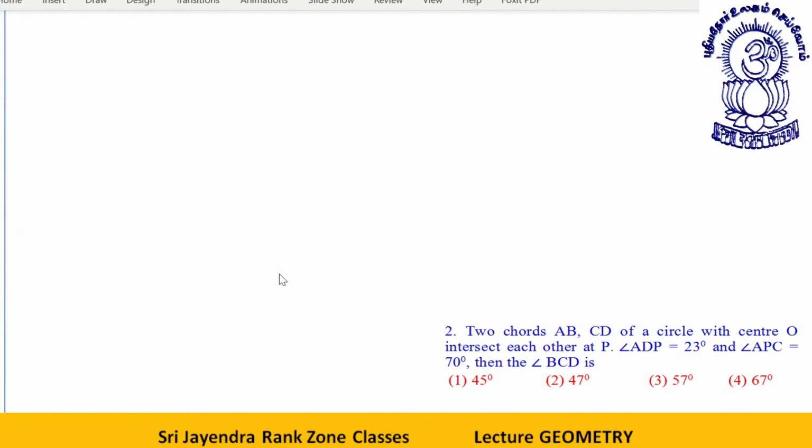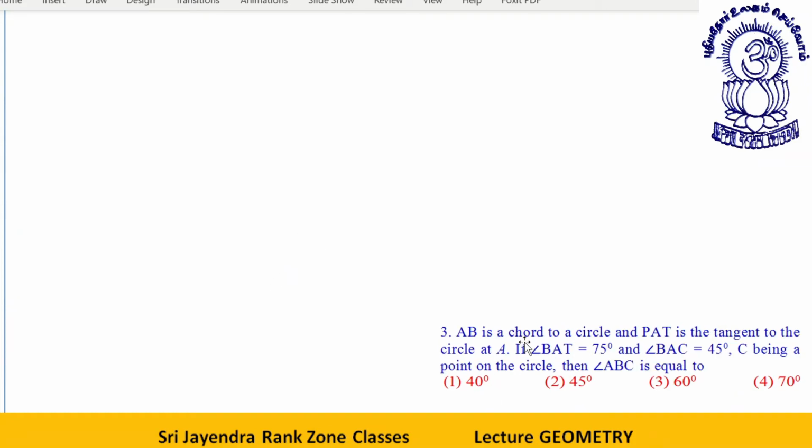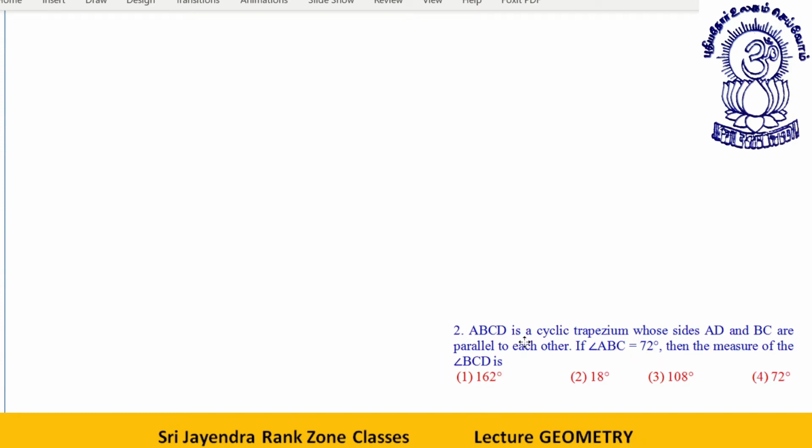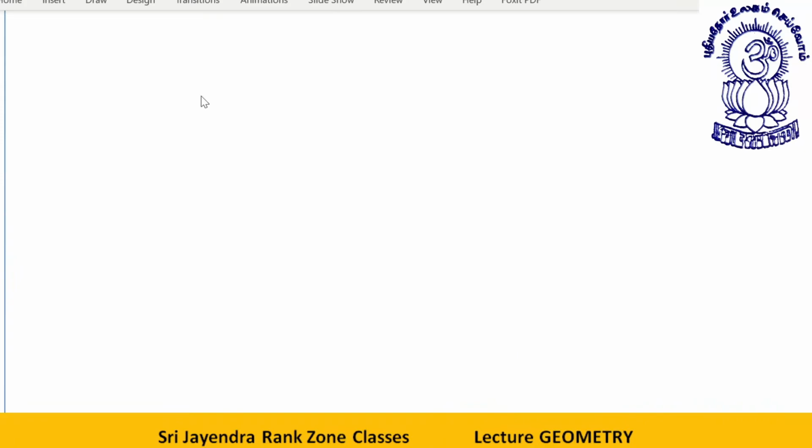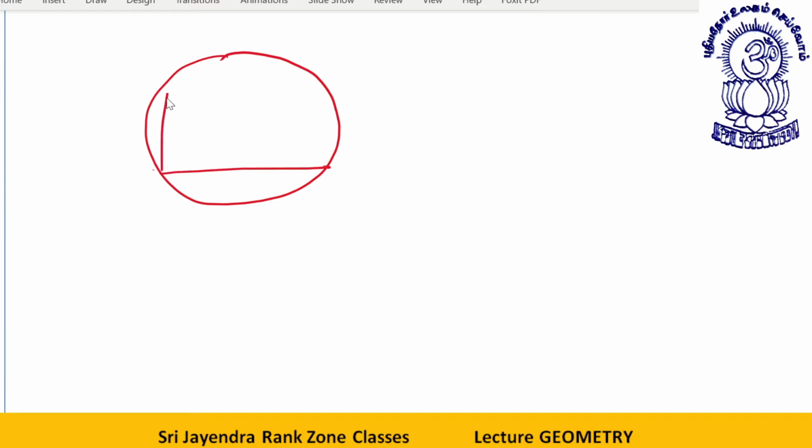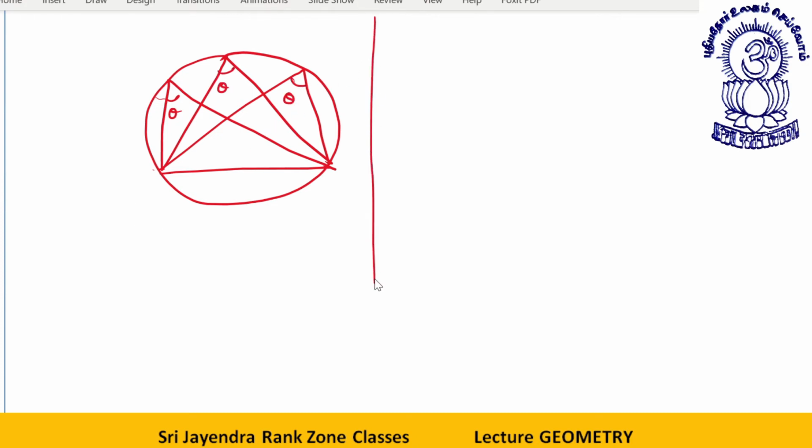Let's come to the next exercise now. That is equal angles subtended by a chord. The property we have already discussed is, we have a circle like this. This is a chord. Whatever angle this chord subtends on this side will all be equal. Let's say all of them are theta, theta, and theta. This is one property.